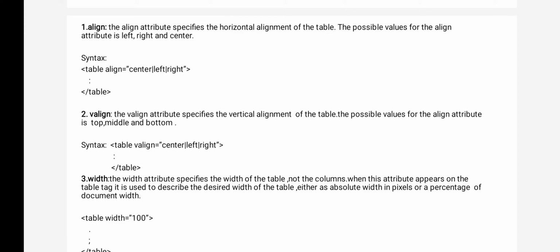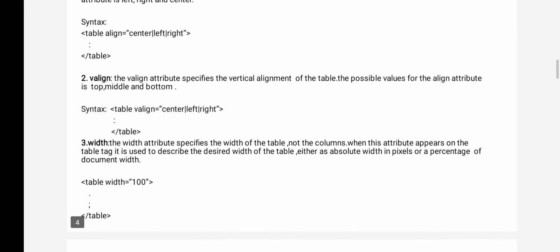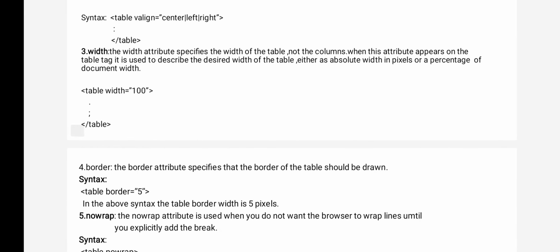See, simple, just now the first align I have given, no? That is a horizontal alignment: left, right, center. V align is for top, middle and bottom. Here also there is actually a syntax mistake, so just make a note here. V align is used to give the vertical alignment, while the simple align gives only the horizontal alignment. Vertical alignment means the values you can supply are top, middle and bottom.